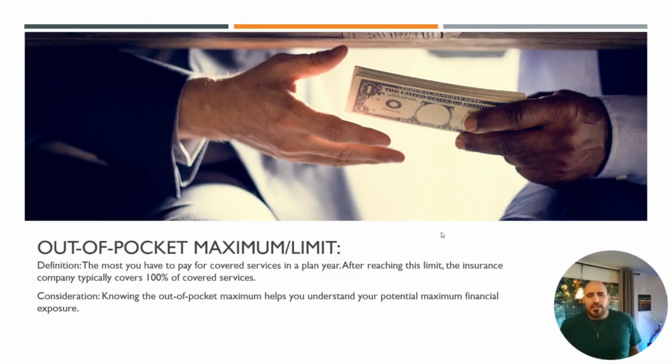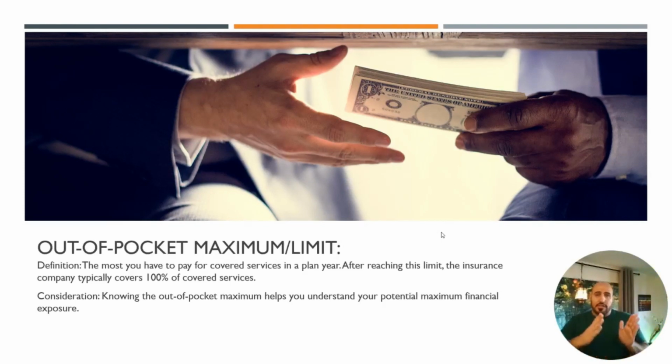The out-of-pocket maximum limit. This is what we pay, for example, for coverage every time we go. This is not including the premium at all. So this would count toward the deductible and out of pocket. And the insurance would say, after you meet this limit, we will pay 100%.